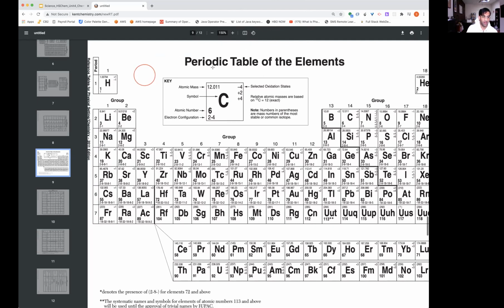Inside of that, I'm going to have 11 protons and 11 neutrons. 11 protons, 11 neutrons. And then because of this electron configuration that I have here of 2-8-1, that means that